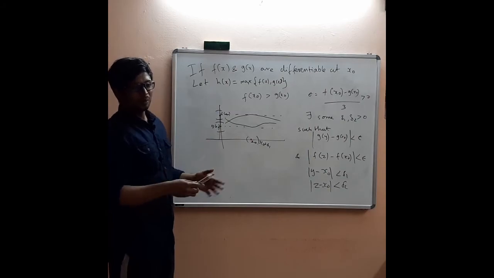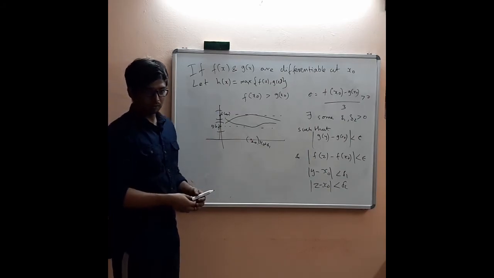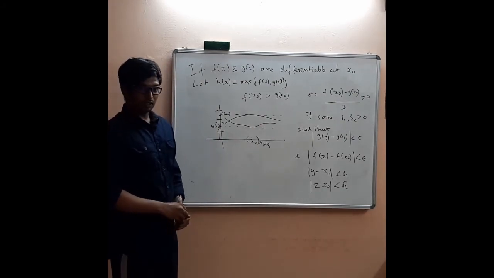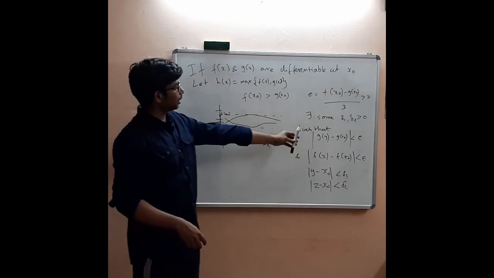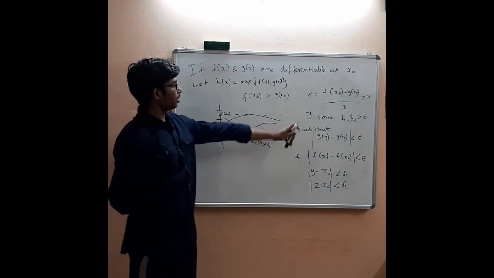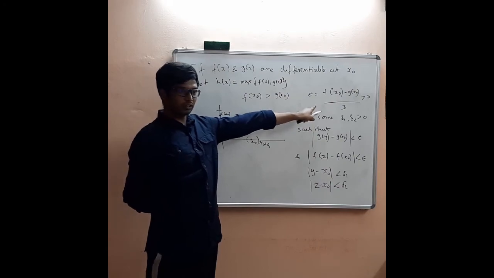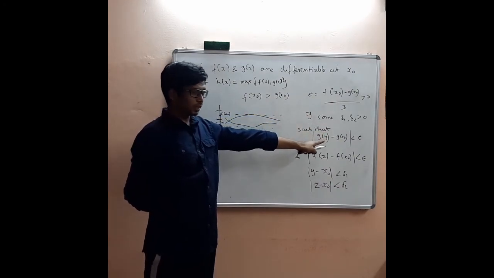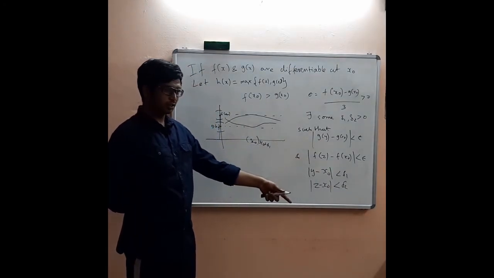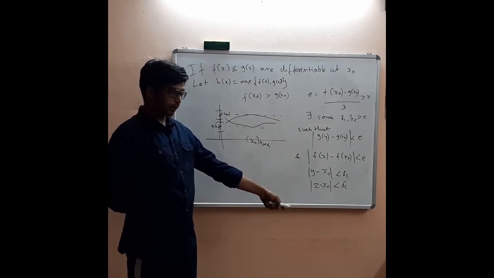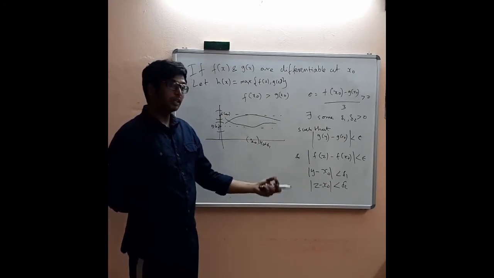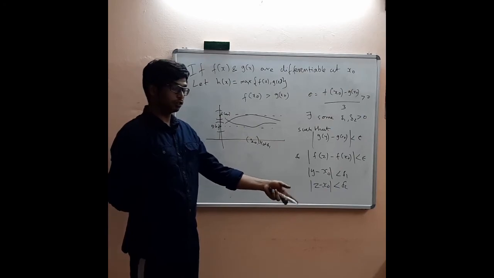Jumps is the basic intuitive definition that you will see in the books. But this is an actual IIT JEE question, and this kind of problem is very common. So in order to do that, you should be familiar with the epsilon delta definition. The epsilon delta definition is that for all epsilon greater than 0, you should be able to find one delta such that x minus x naught less than delta implies that f of x minus f of x naught is less than epsilon.